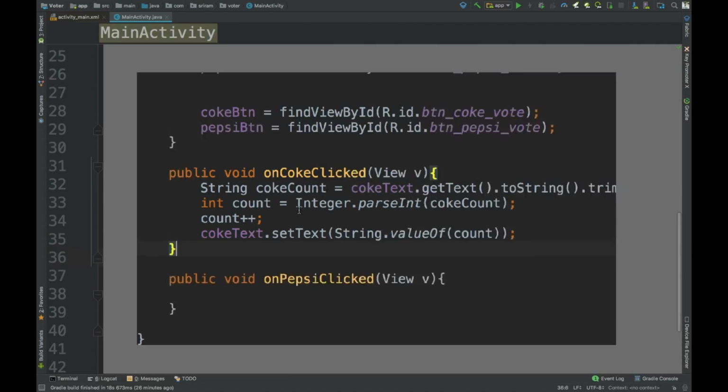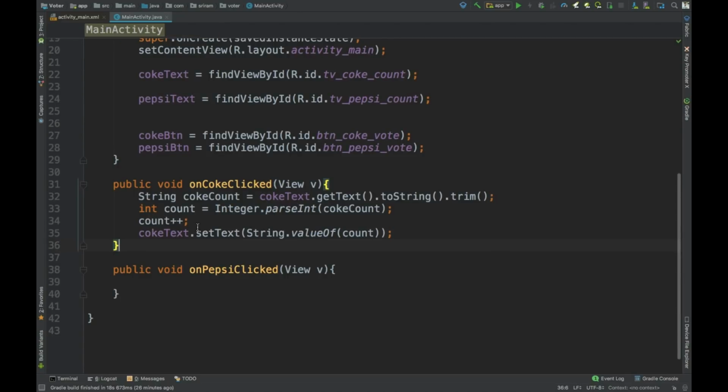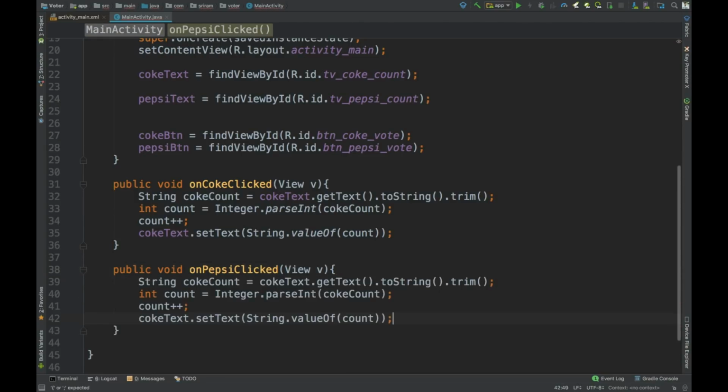So whenever that Coke word button is clicked, the count is incremented. All right, so we have to do the same thing inside the on Pepsi clicked also. So we'll copy this, and we'll paste it here. One small change is this Coke count should be Pepsi count,